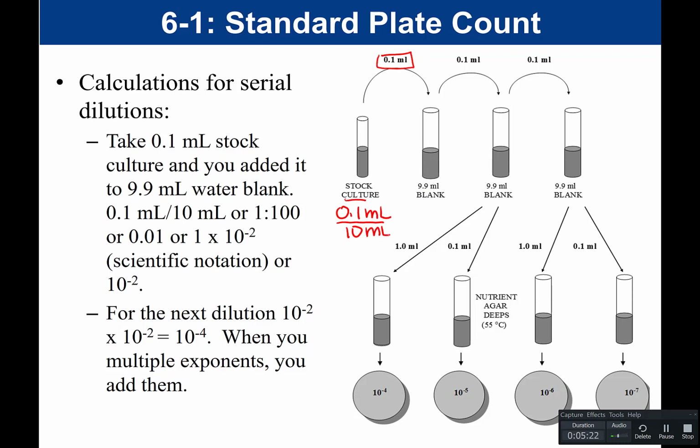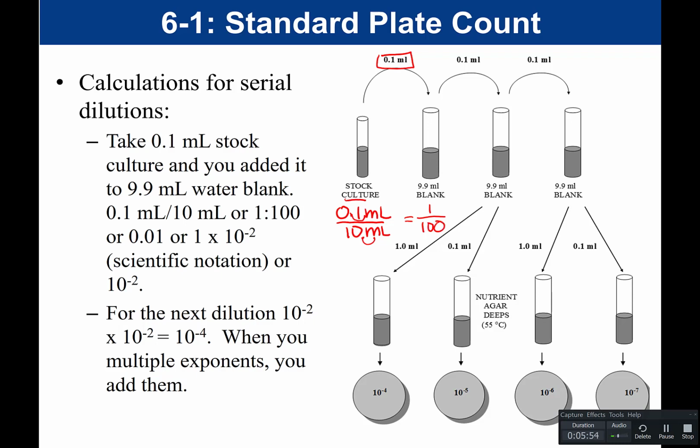So my dilution is 0.1 milliliters over 10. Now, the easiest way to put this in an exponent is to make the top number 1. And what that means is that you're going to move the decimal point one place to the right, which means we have to do that on the bottom as well. So the decimal point would be here. It would move one place to the right. That little loop is going to get a 0. So we get 1 over